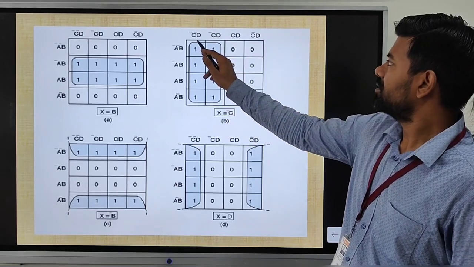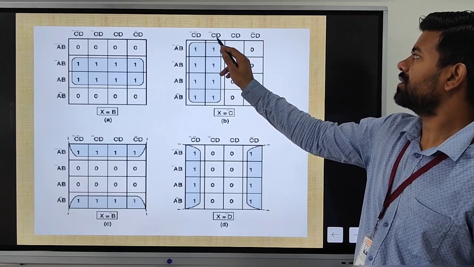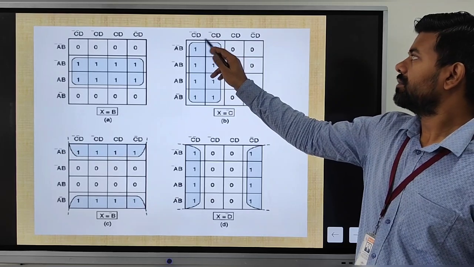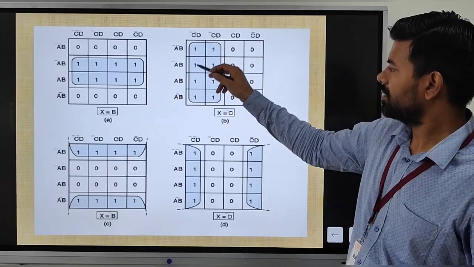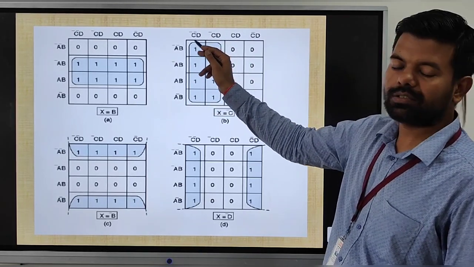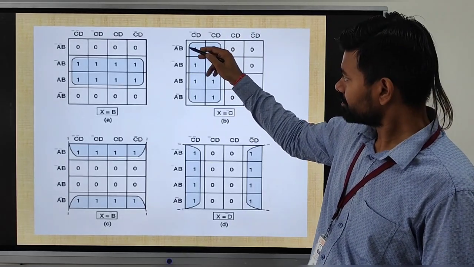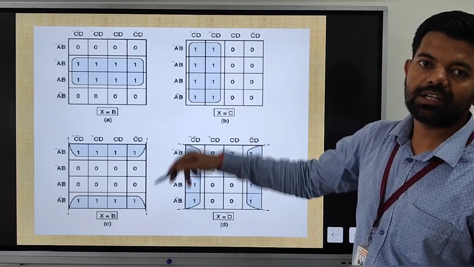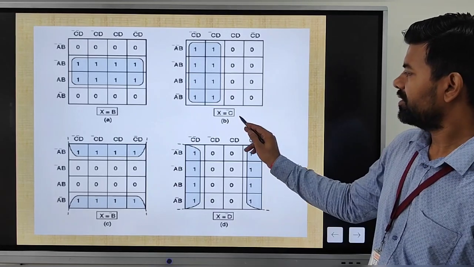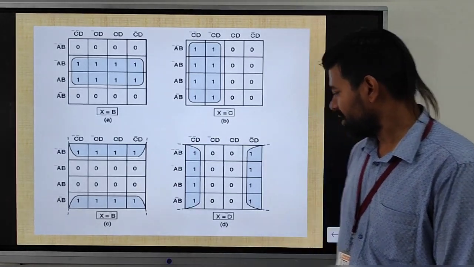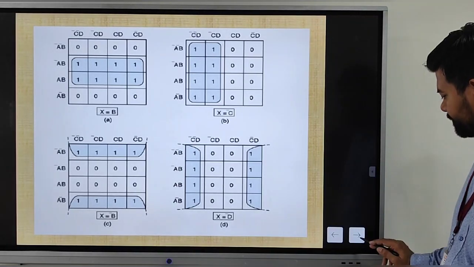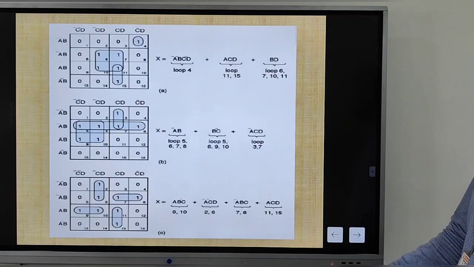So C bar, D bar, C bar, D, all are changing. No, C bar is not changing, D and D bar is changing, and all the vertical columns are changing. So we write only C. Here D bar and here D bar. Okay. This is how we can simplify now.